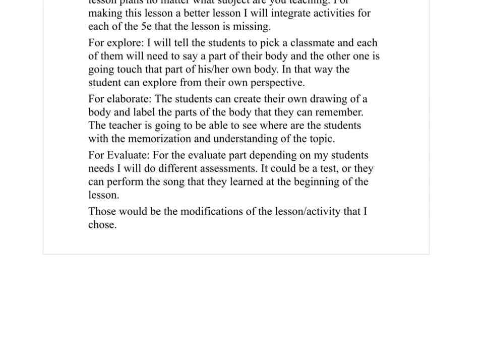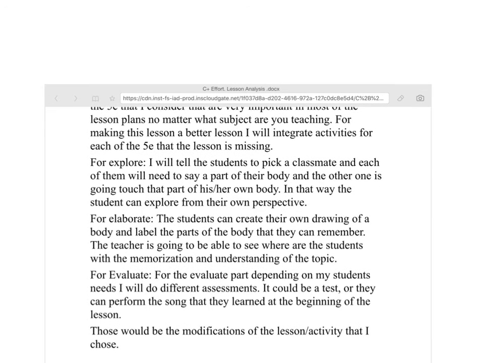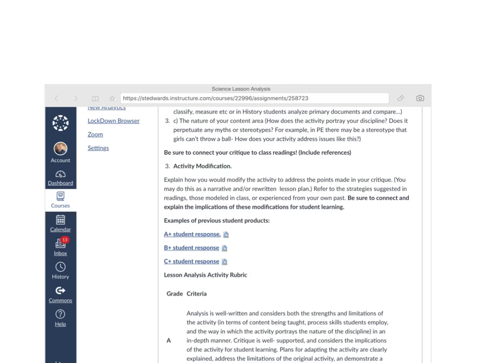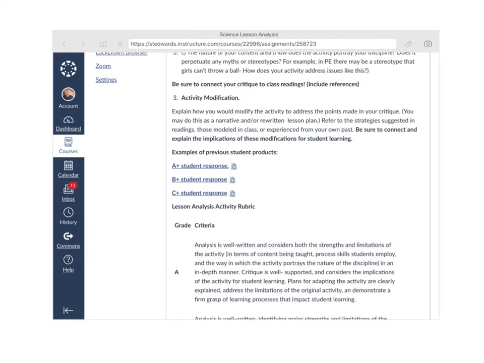So that's the general plan. That's what I'd like you to do. So the question I think you're going to probably ask is, where do we find these lessons, and where do we find a traditional lesson? Well, if I were looking for a lesson, I might go to